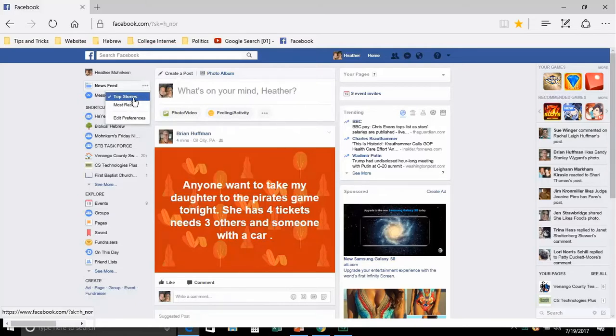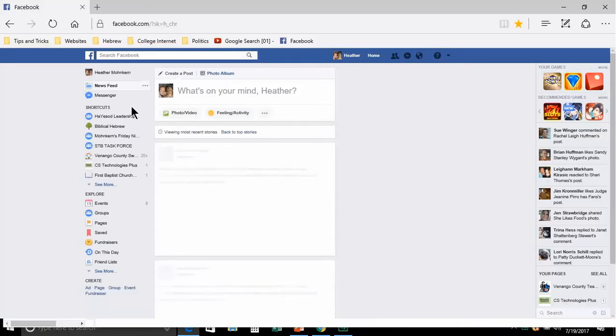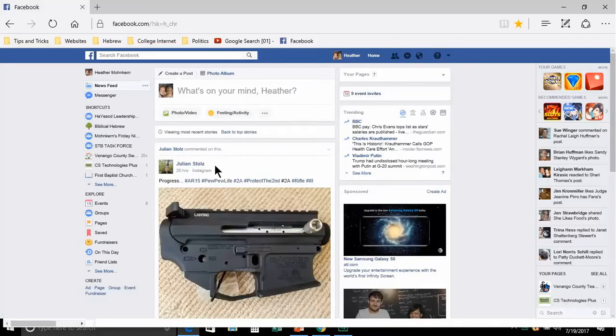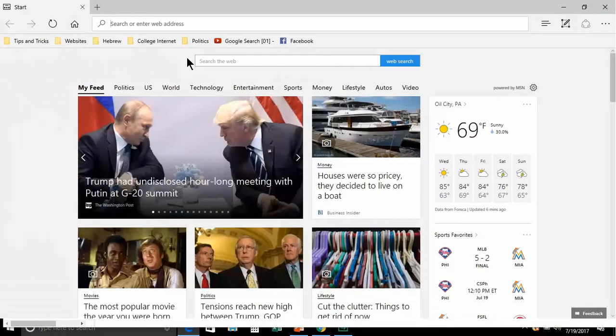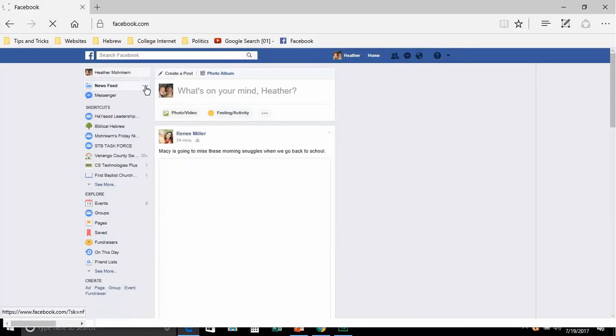which is the default. Whenever you go to Facebook, this is what you get, versus most recent. Now, when you toggle to most recent, what happens is Facebook resorts your feed, all your friends, all the pages that you like, in a chronological order. The only problem with this chronological order, which people really love, is that if I close out of Facebook and I go back to my browser, and I'm using Internet Explorer, and I open up Facebook again, it will resort back to